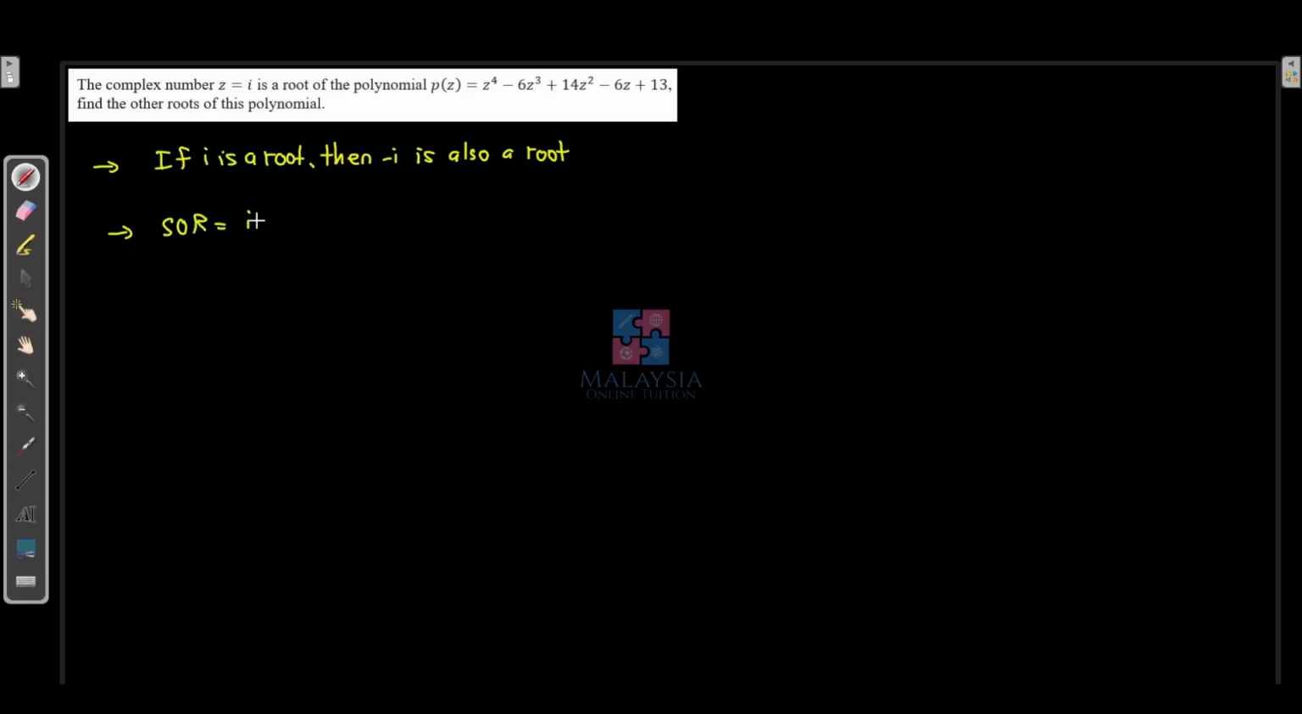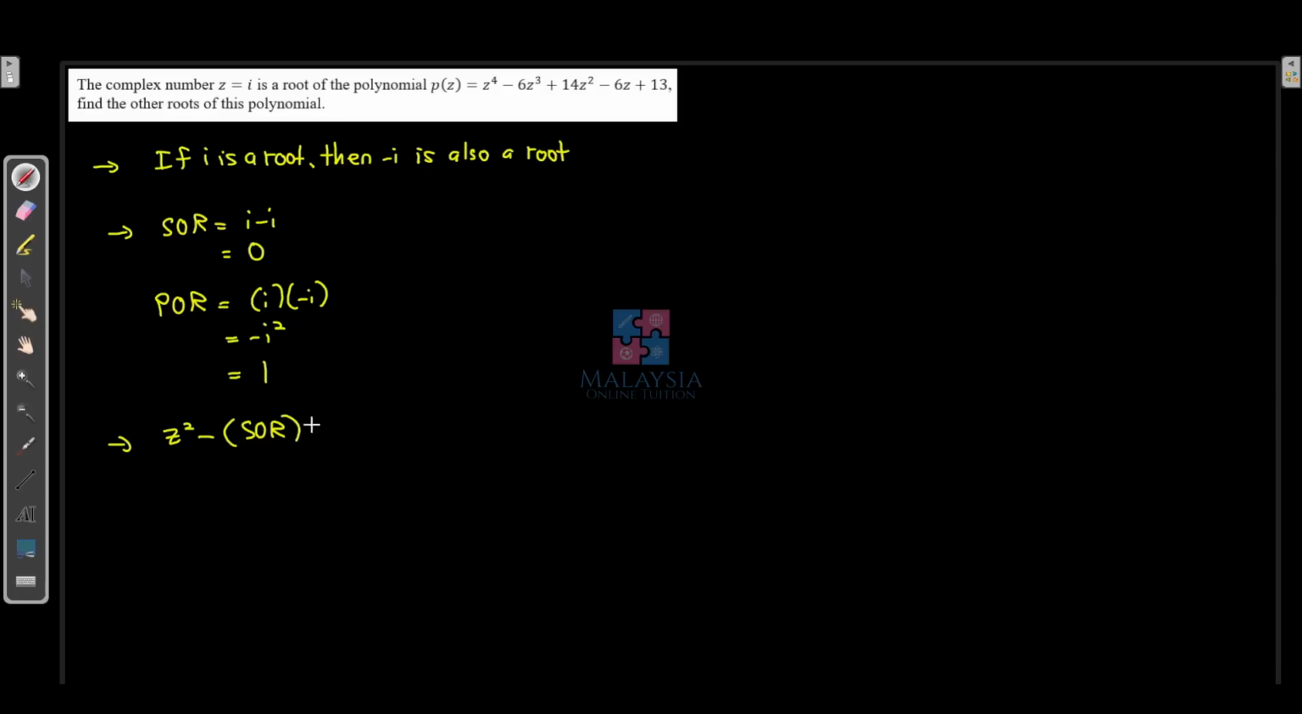So that equals i minus i, which is 0, of course. And then we can find the product of roots, which is going to be i times negative i. And this is going to be negative i squared, and we know that negative i squared is equal to 1. Okay, that's it. So what we can do next is use this equation, which is z squared minus